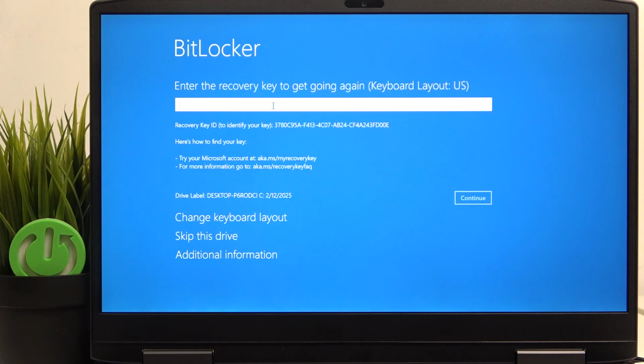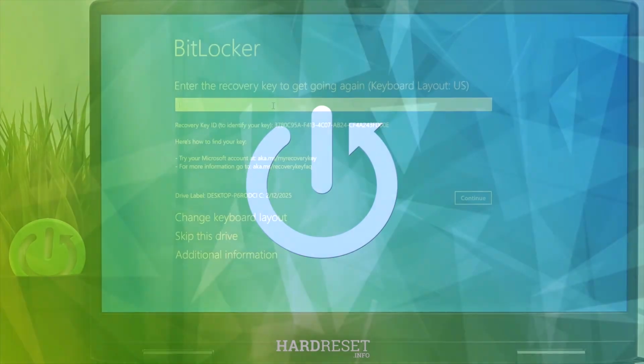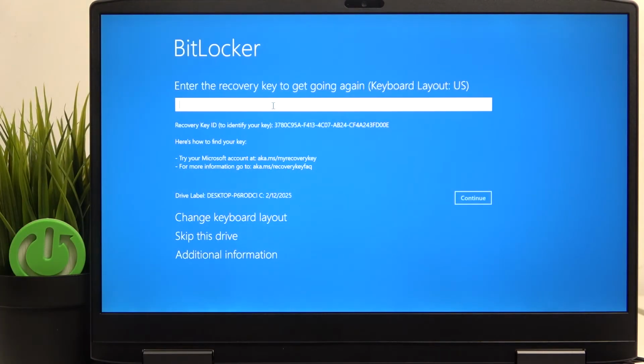Hello, in this video I'm gonna show you how to fix the BitLocker screen on Lenovo LOQ 15. If this BitLocker screen shows up, that means that something has been changed in your system, or you've tried to enter the recovery mode and tried to do something which has triggered the BitLocker lock. If it's locked, that means that you cannot use your